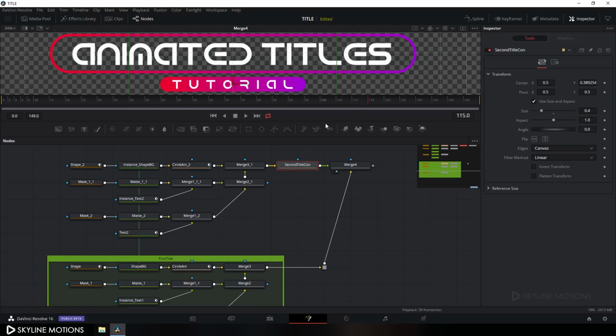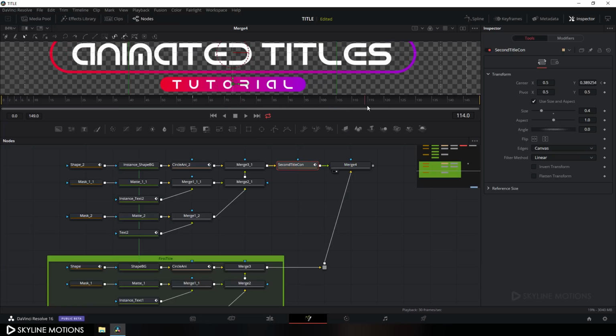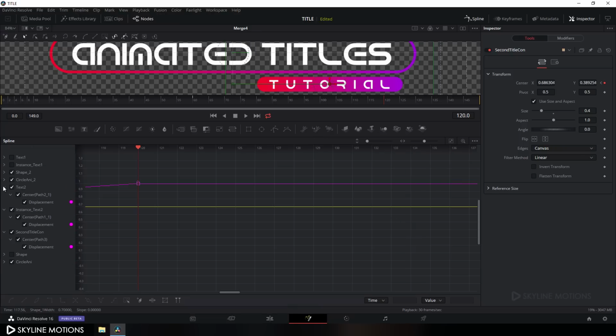Just select this second title and go to around frame number 60, which is equal to 2 seconds, and right click on center, click on animate, or you can also click on this diamond button. Then go to around frame number 120, which is equal to 4 seconds, and drag this second title over here, something like this. Go to spline window, hit F4 and uncheck all these nodes